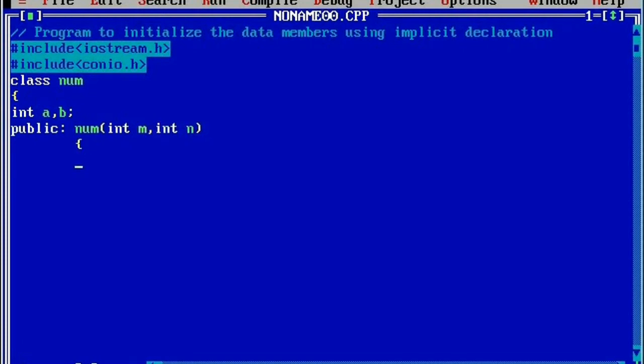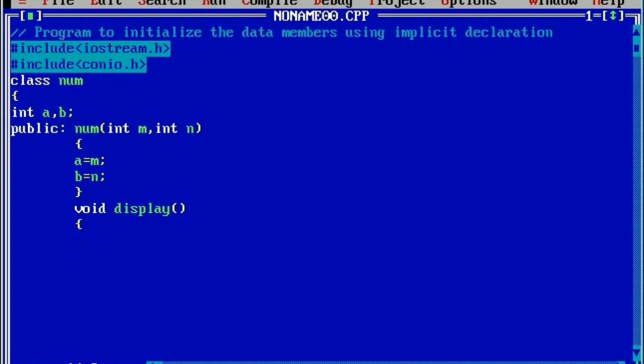Here we are going to initialize both a and b: a is equal to m, semicolon, b is equal to n. So the values of m and n are initialized to a and b respectively. Curly closing brace. Then we're going to define one more function, that is void display, and here we are going to display the result.